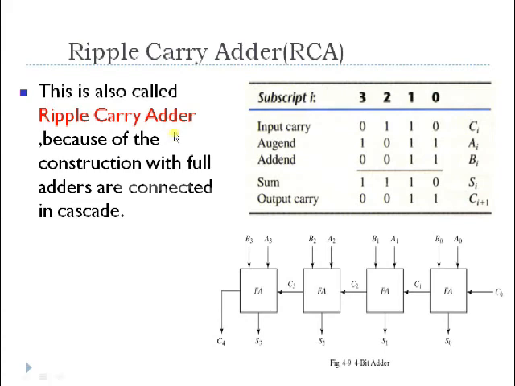Now I have to give the carry of the previous stage as an input to the next stage. This is how we are going to make a circuit for adding 4-bit binary numbers, and this kind of circuit is called a ripple carry adder. There you can see A and B are 2 operands which are holding 4-bit numbers, that is A0 to A3 and B0 to B3.